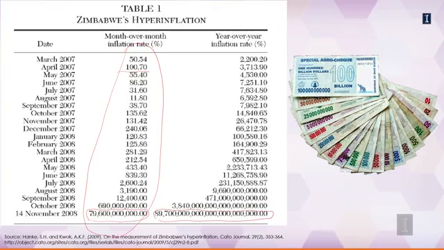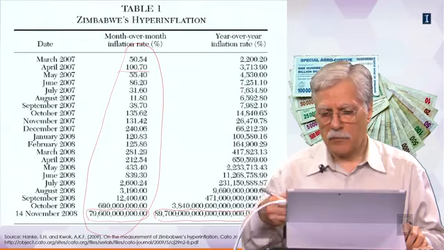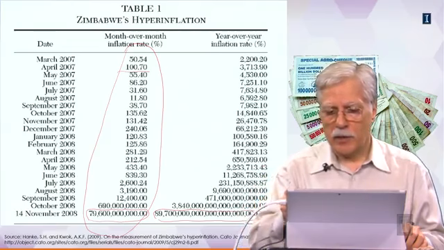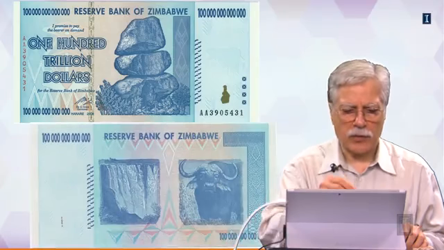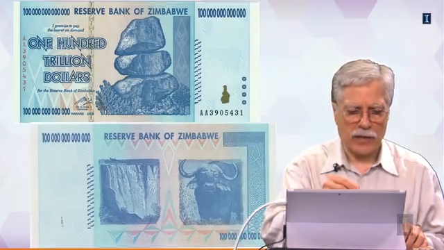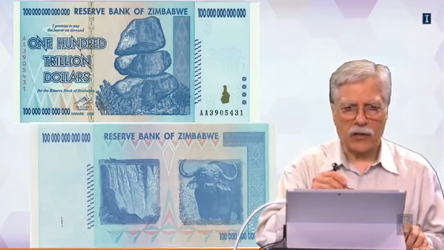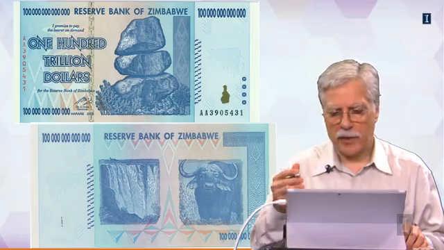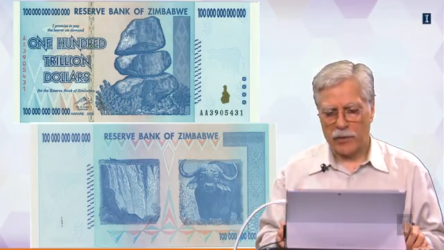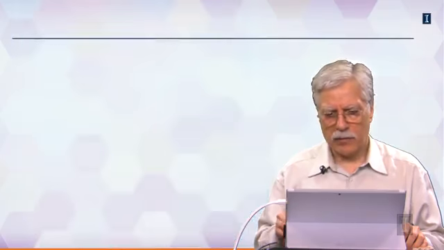And the government, in order to deal with the situation, to enable people to buy things given the high inflation rate, kept printing more money, fueling more inflation itself, but making it easier to pay by issuing higher notes. For example, here's one of the banknotes that was issued in 2008, $100 trillion. Hardly could you buy a piece of bread with this. That's what high inflation does. That's how mismanagement of the monetary system could ruin the economy and get things out of hand.